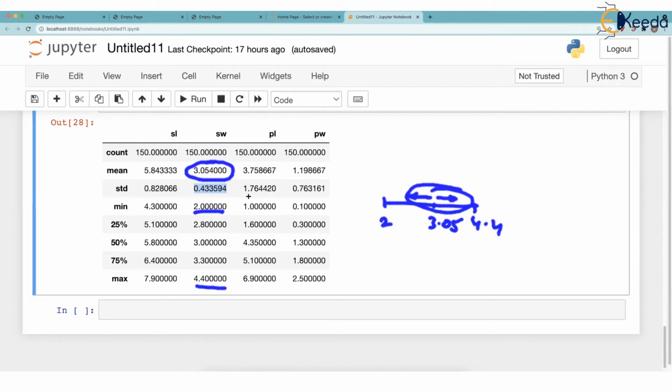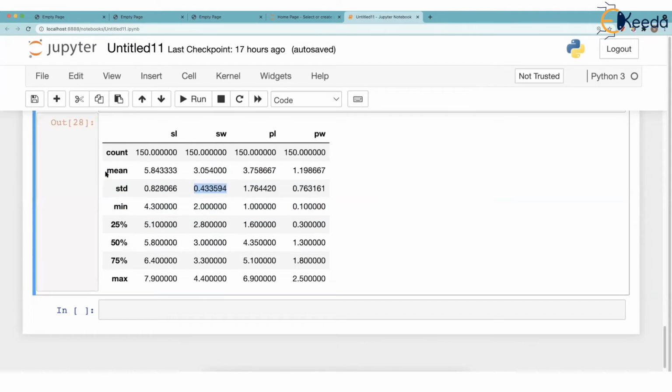Whereas the spread of petal length across its mean is large. So the distribution of petal length is more. Various types of values, lower values and higher values, are more as far as the mean is concerned. So you can check every column, and describe is so important here, isn't it? And that's the job of a data analyst. When this output is seen, we should stop at this output and ask ourselves why this figure is so, and what does it mean? And we understand so many things from this.